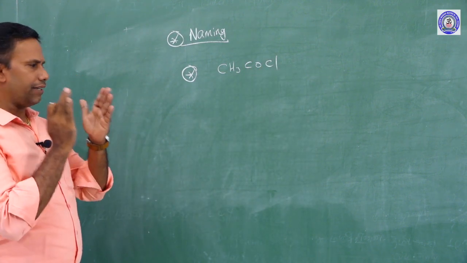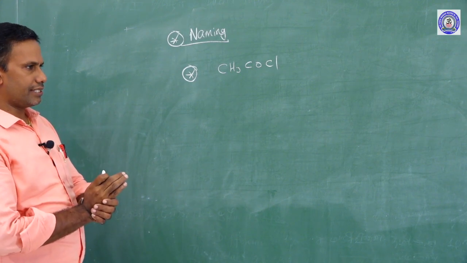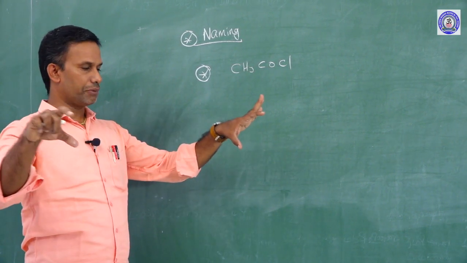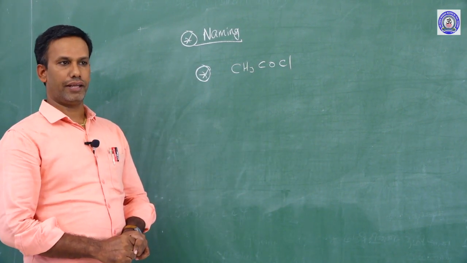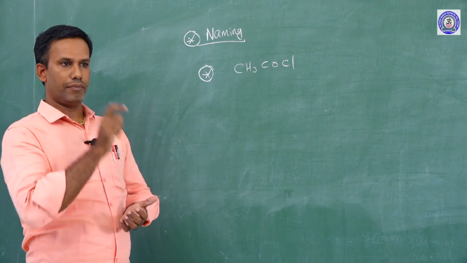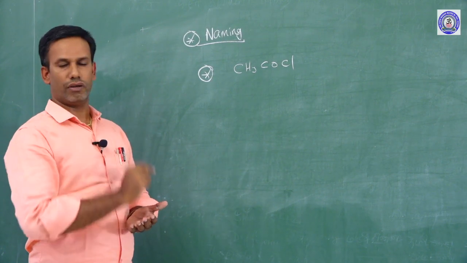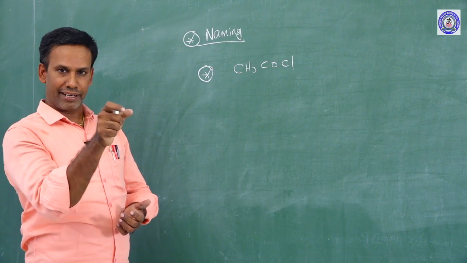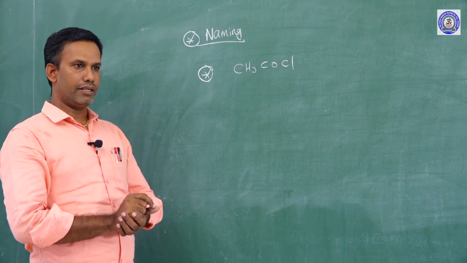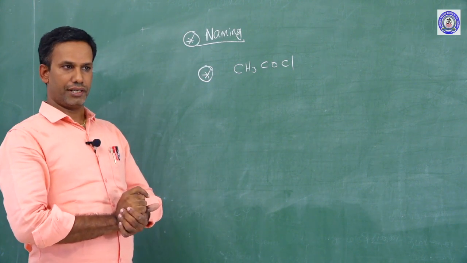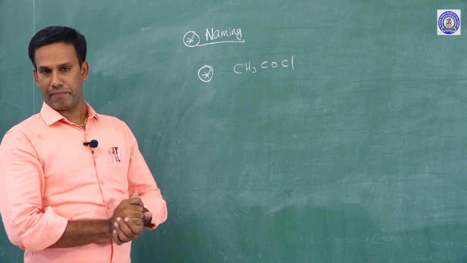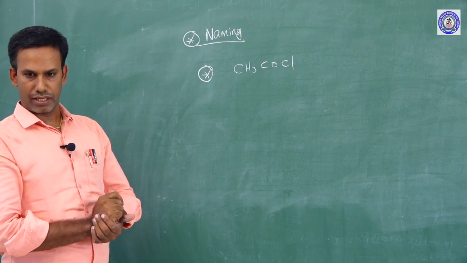As IUPAC nomenclature says, you need to first find the root word, prefix, suffix and so on. You have to gather these three and finally get the name. There is a rule. You need not memorize all the naming. If you memorize, you will forget or you will go the wrong way. You should know the technique of how to name it. This is the logic. Why? Because IUPAC nomenclature came here. We need to have rules and regulations, then only in the entire universe can we call a compound by the same name. This is the scope of IUPAC nomenclature.